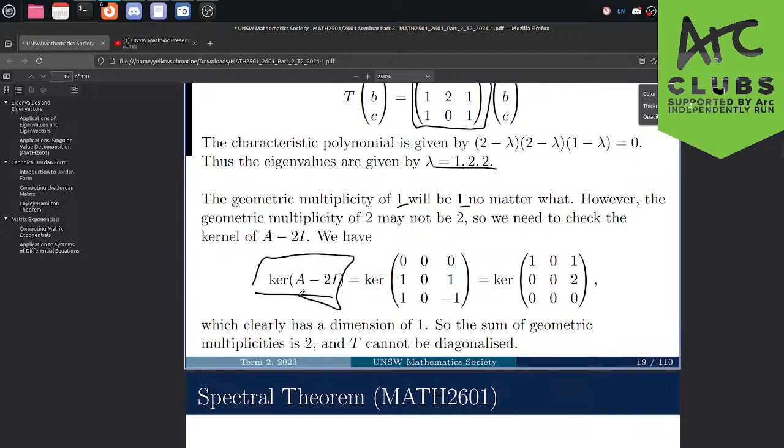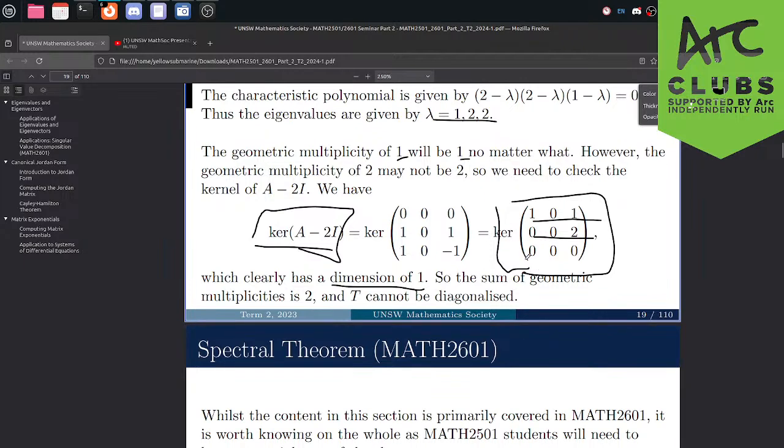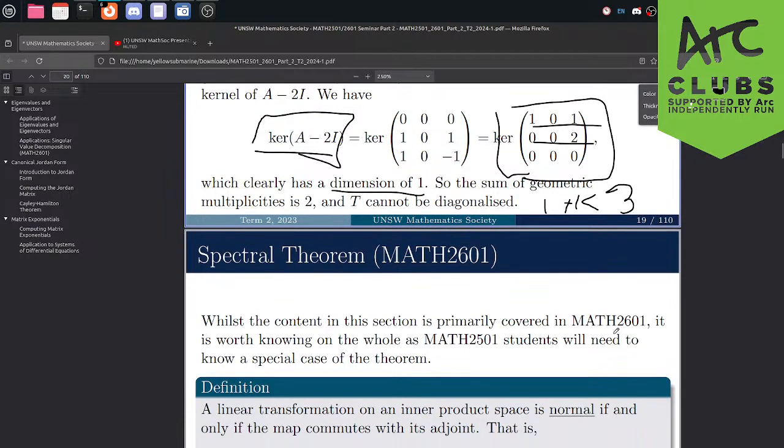So we check the dimension of this kernel, we expand and row reduce, noting that we can't actually row reduce any further past this. So you get 2 non-zero vectors in the rows, which means that the dimension of the kernel is 1, right? The nullity is 1. So that means the geometric multiplicity is less than the algebraic multiplicity in this case. So it doesn't actually span it, because 1 plus 1 is less than 3. Go figure. Cool.